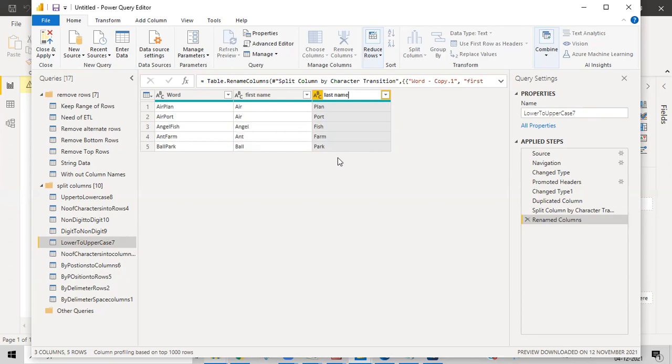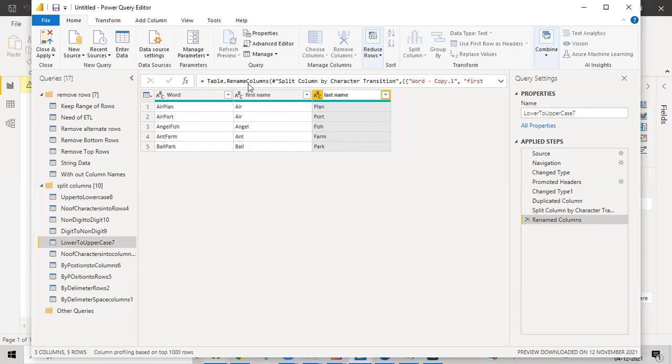In DAX also we do have these things, but sometimes it is easier to do over here, and sometimes it is easier to do over there. So as per our ease and convenience, we'll do those things. That's it. Even some people will do this in M language also.